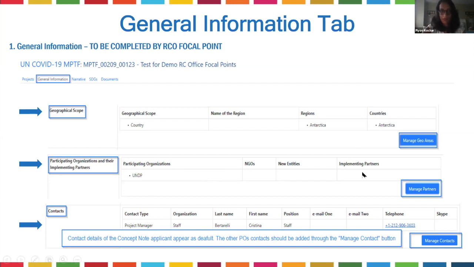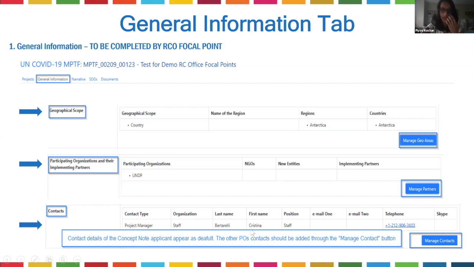The implementing partners is where you can list your government departments and ministries that you're working with, your civil society organizations, etc. And it's an open text box, so you can freeform write it. The participating organization is a dropdown. The NGOs, it shows up here, but it's been disabled for our fund right now because we're not using that drop-down option.